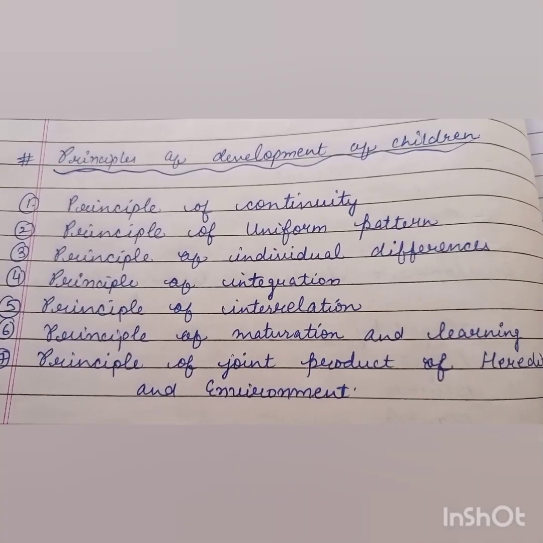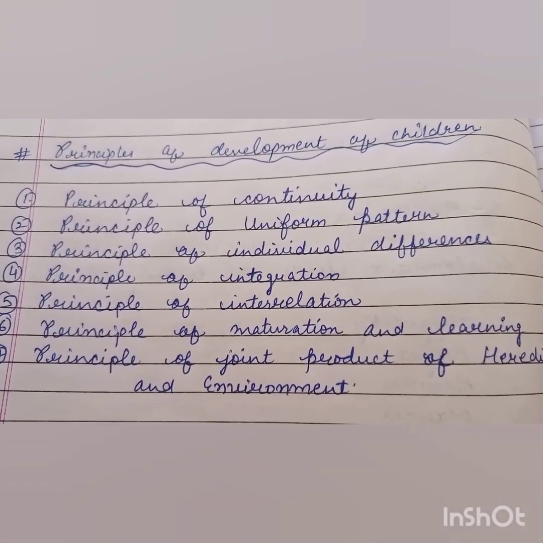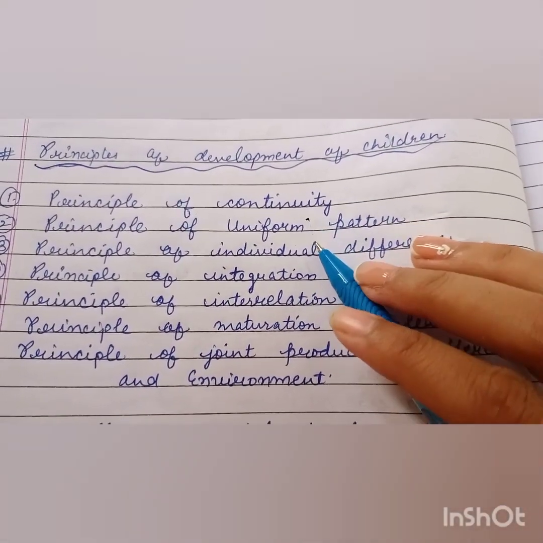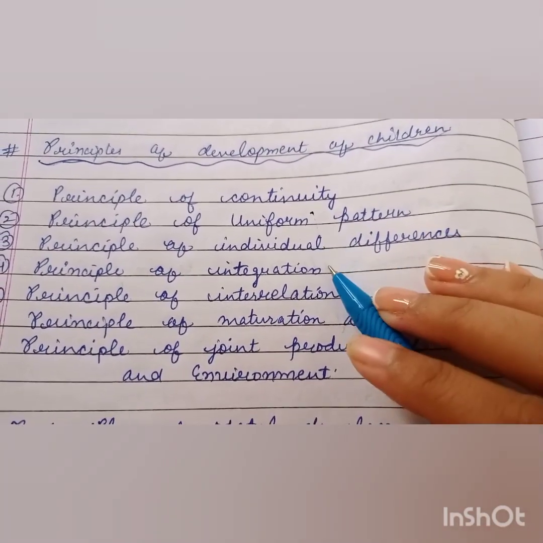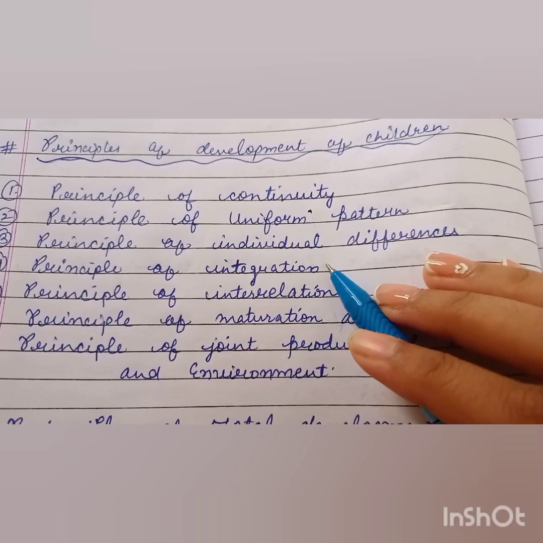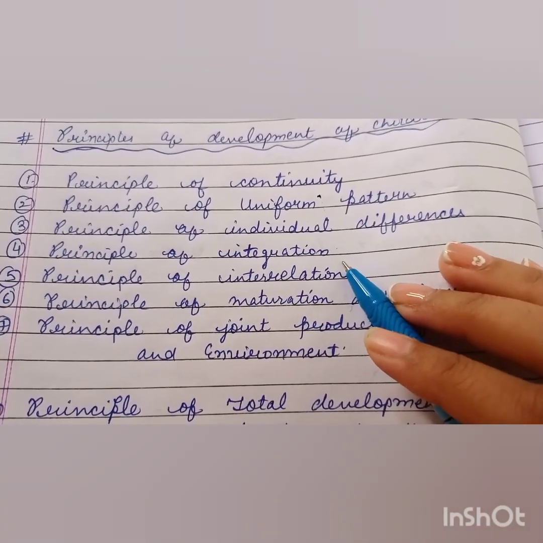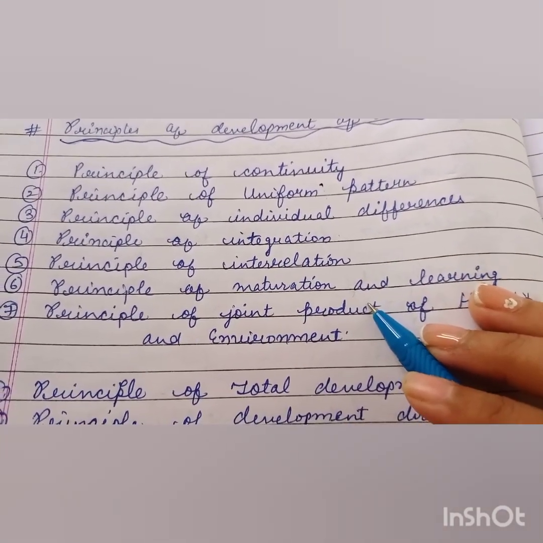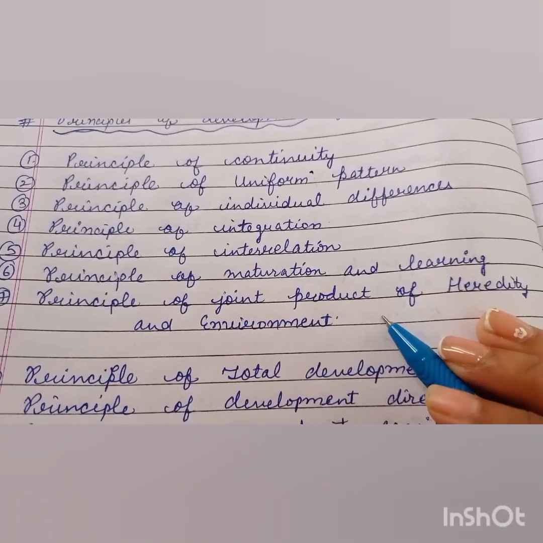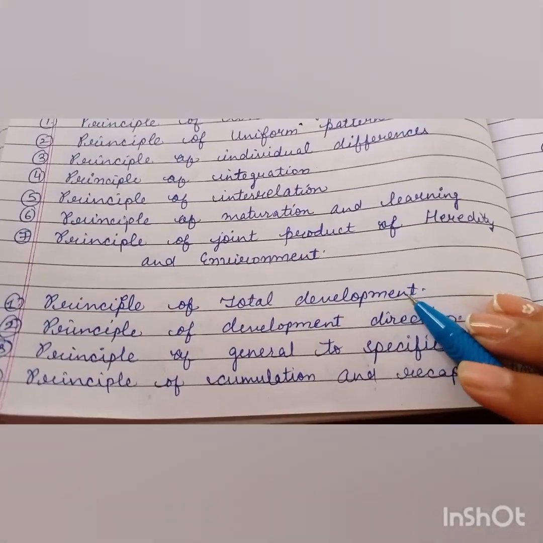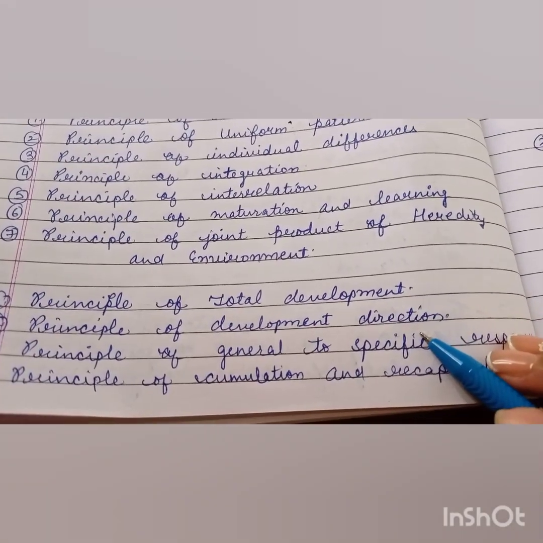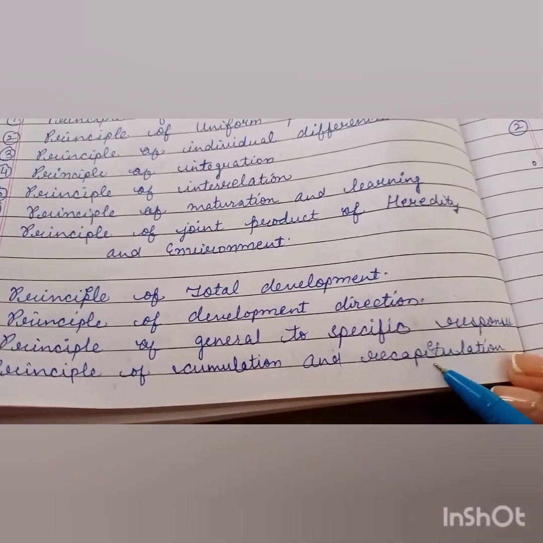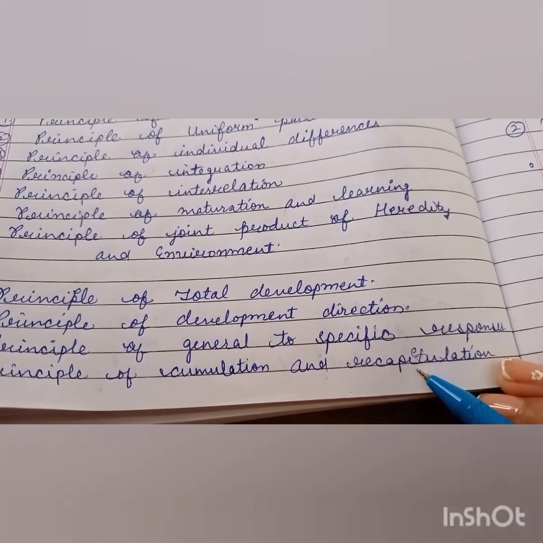Hello guys, today we are going to discuss the principles of development of children. Our first principle is the principle of continuity, second is the principle of uniform pattern, third is the principle of individual differences, and fourth is the principle of integration, fifth is the principle of interrelation, then the principle of maturation and learning, the principle of joint product of heredity and environment, then the principle of total development, the principle of development direction, the principle of general to specific response, the principle of cumulation and recapitulation,